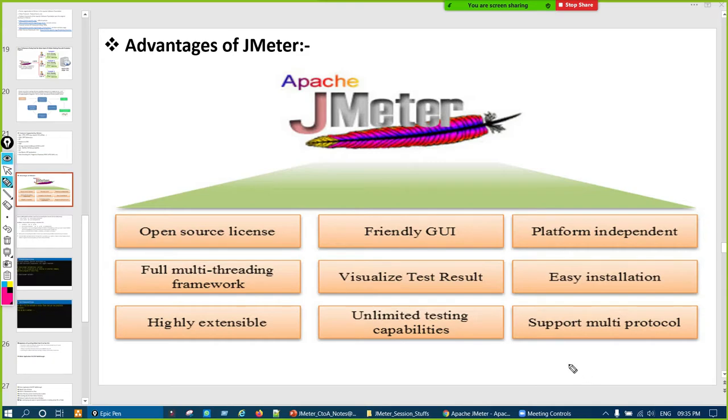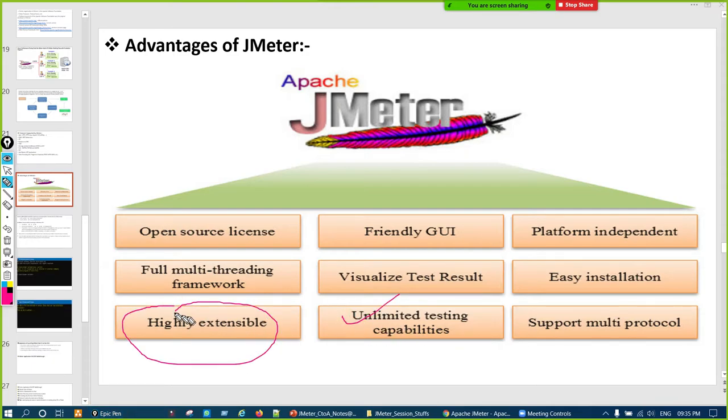So you can suggest to them that JMeter will be good. Tell them that Gatling is not very much open source. You can visit their website and read. It's not fully open source also. At a point, you have to pay to them. Sure. Thank you. So that is unlimited capabilities.